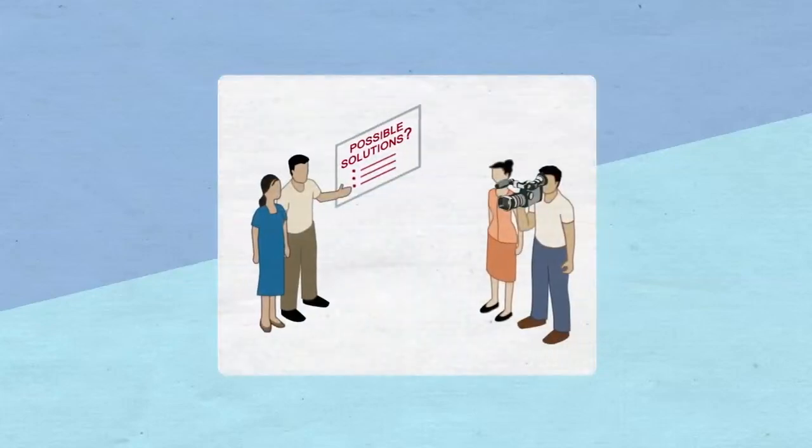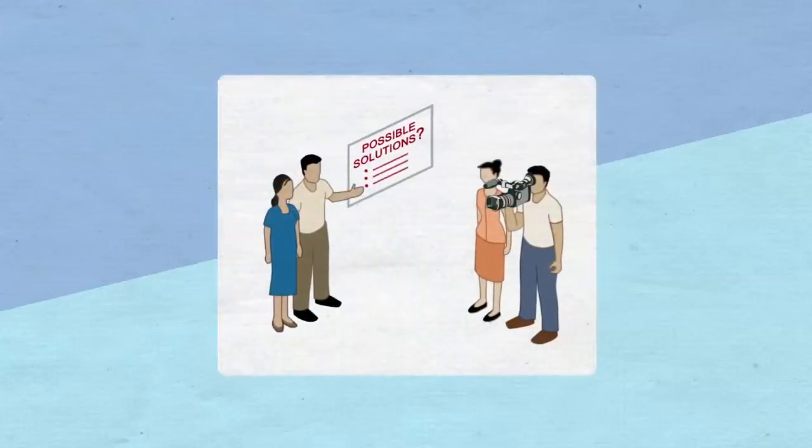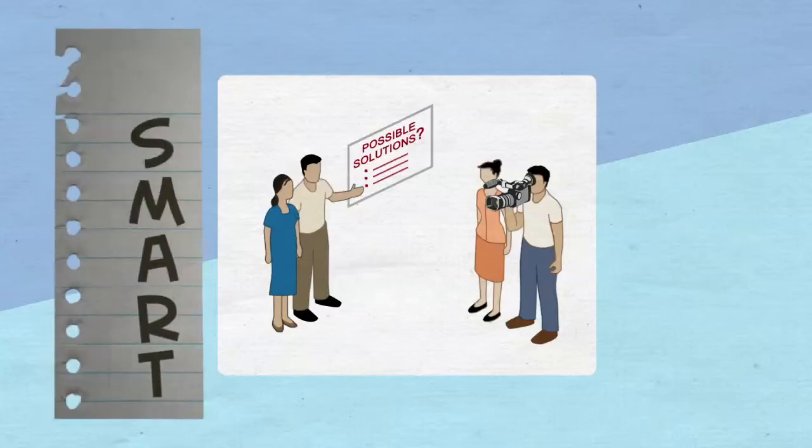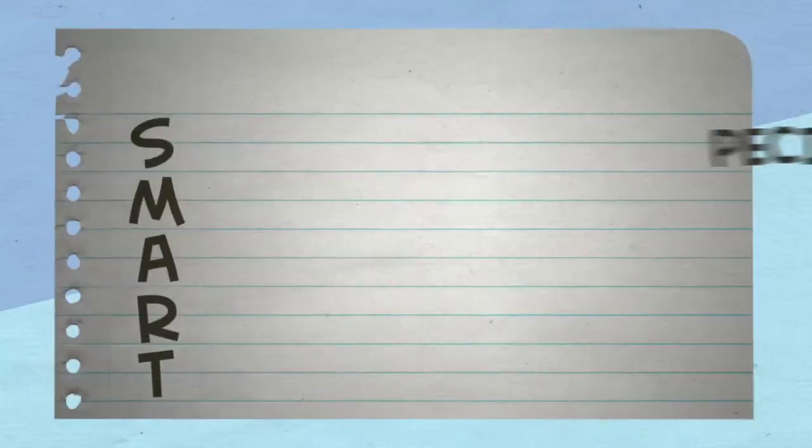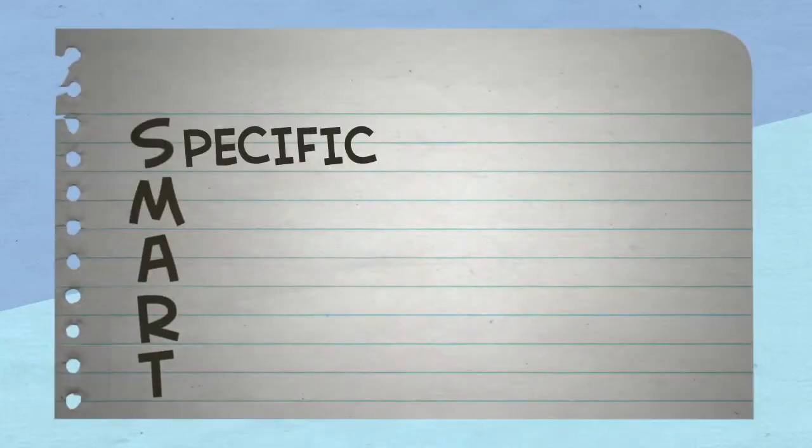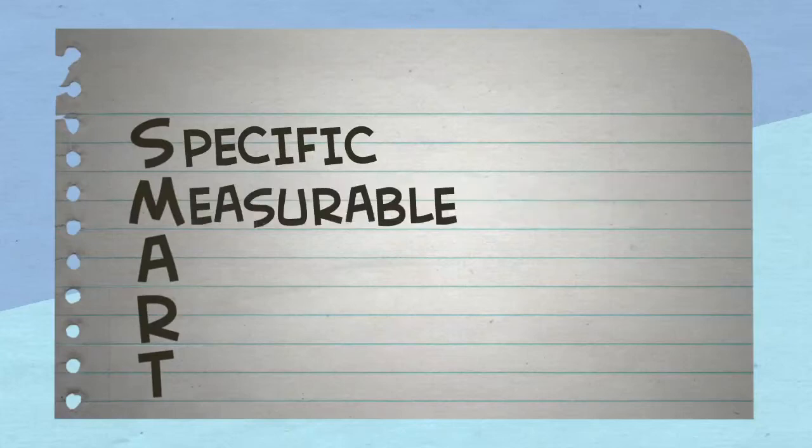Third, it must be result-oriented or solution-oriented. Your advocacy campaign must be organized and should have clear goals. In setting goals and outcomes, it is always helpful to keep in mind that they have to be SMART. Specific, measurable and monitorable, achievable,